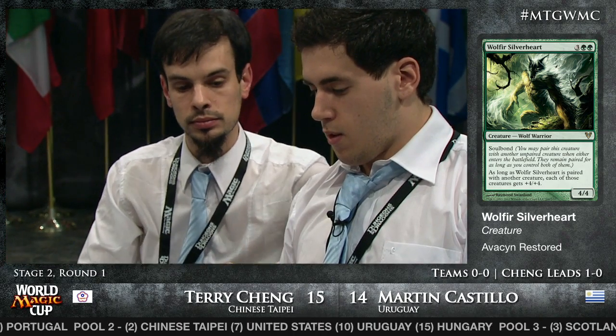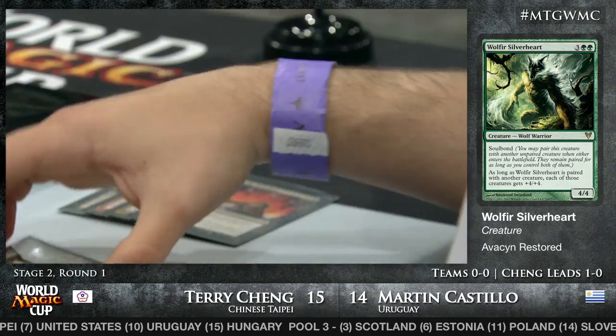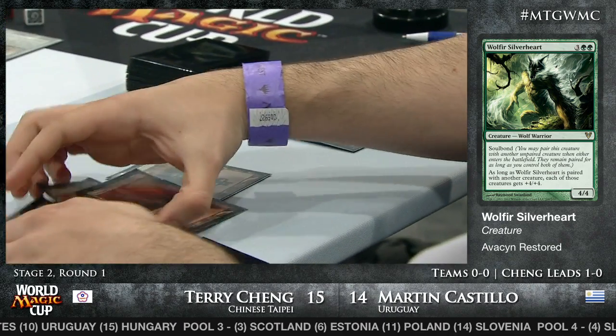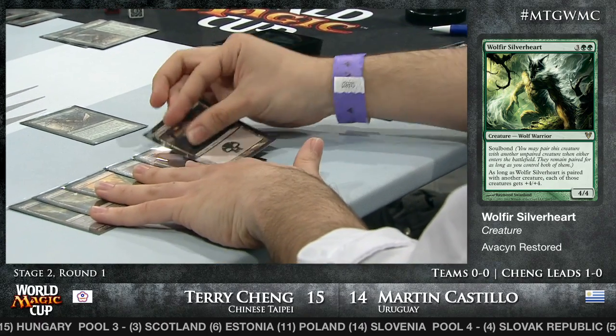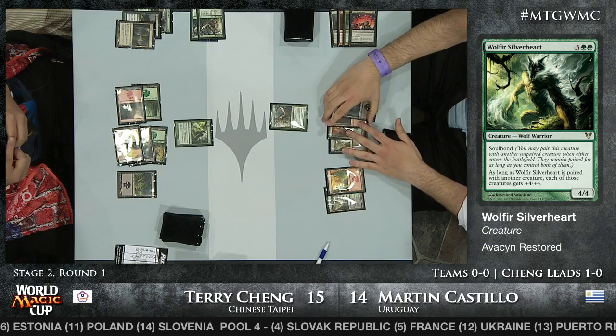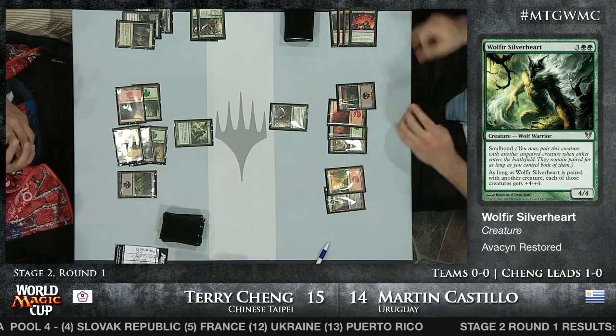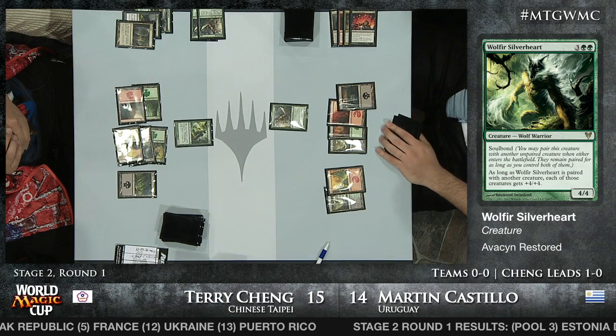At the moment, we have a Borderland Ranger facing down a Wolfer Silverheart. Now, the Wolfer Silverheart is not paired to anything, so it's just a 4-4. It's only a mere 4-4. But you have to respect it, because any creature that comes down can instantly make it into an 8-8,